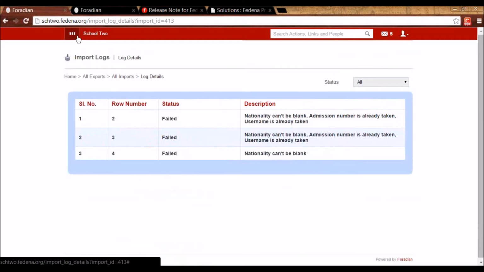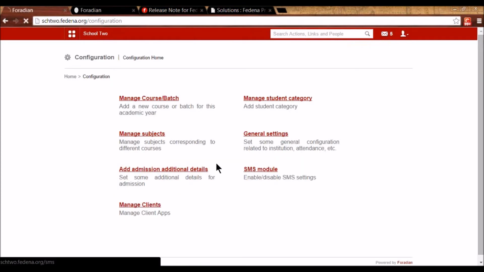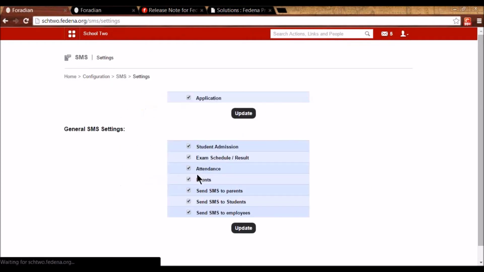Then we have another change, which is an SMS alert. Here, as you know, automatic SMSs are sent for these 4 options, the first 4 options that you see here. Whenever a student is admitted, exam is scheduled, result is published, a student is absent, or an event is created, in these cases the involved participants will be getting an automatic SMS.